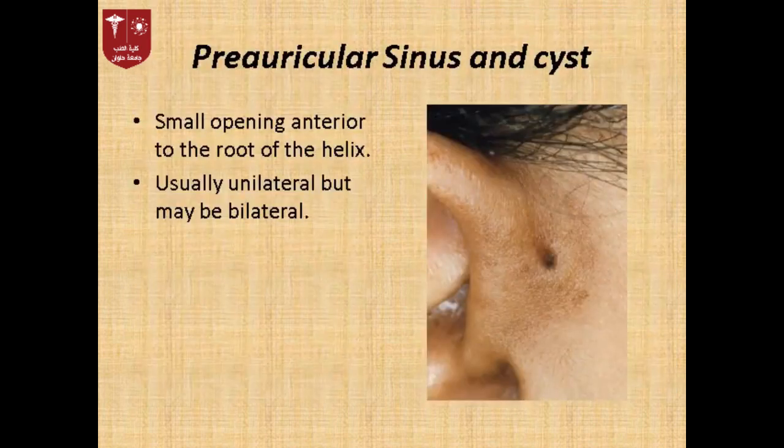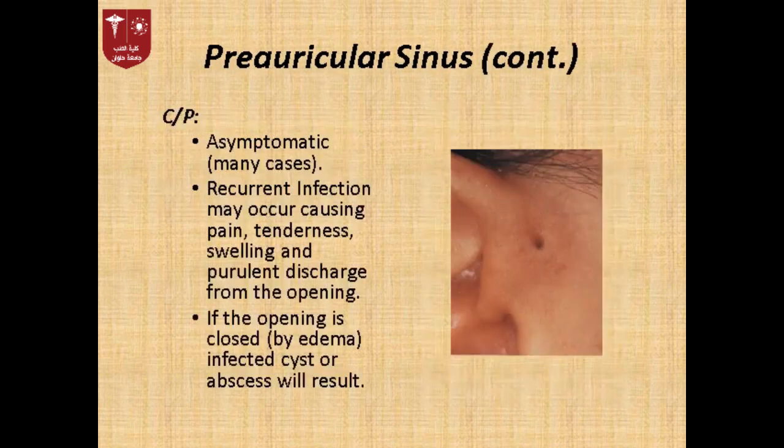What about the preauricular sinus? It's a small opening anterior to the root of the helix. It's usually unilateral but might present bilaterally. In most cases it's asymptomatic and it can stay asymptomatic. In some cases recurrent infection occurs and this causes pain, tenderness, edema, and purulent discharge from the opening of the sinus. If the edema causes this opening to be closed, then the discharge will be collected inside,